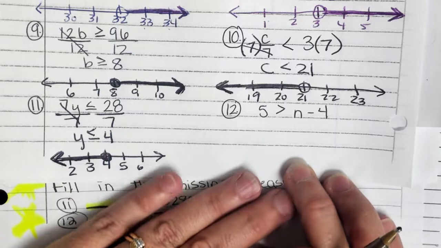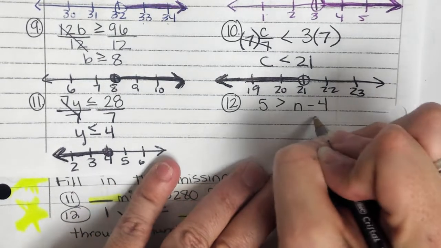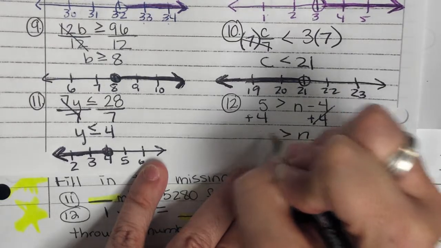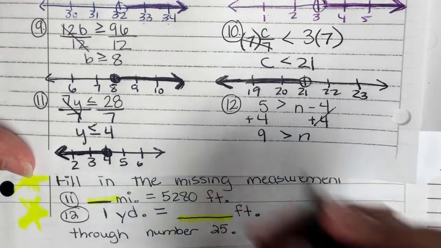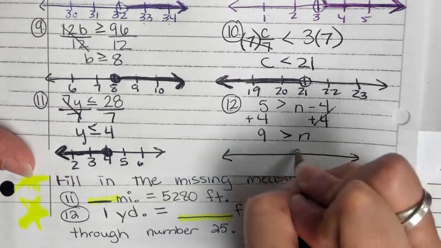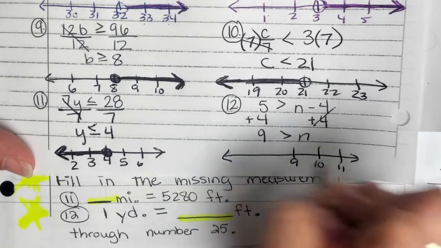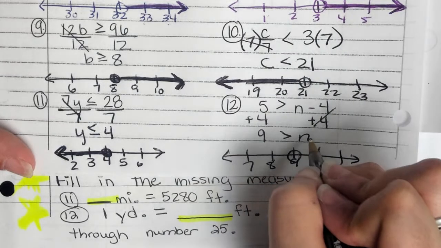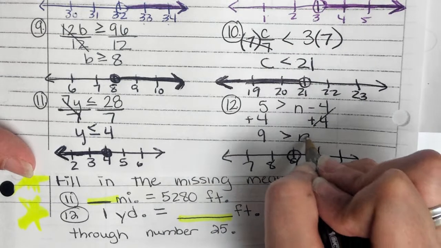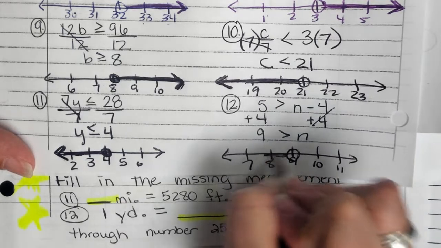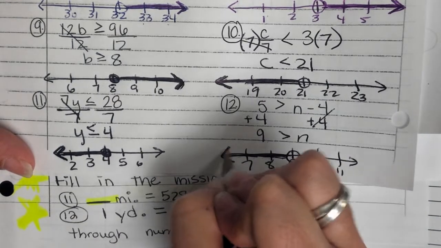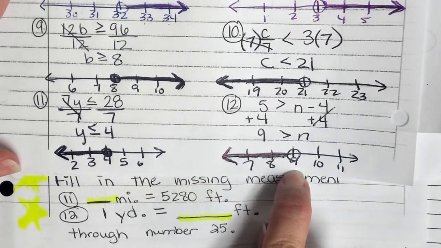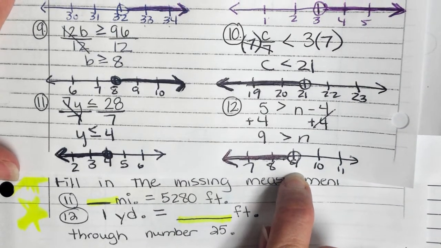And then number 12, we're going to add 4 on each side, leaving me with 9 is greater than n. 9, 10, 11, 8, 7. Open circle, and they want all the variables that are smaller than 9 shaded in. Smaller than, so we need to go this way. That's what's tricking up some of the kids, when they are backwards. Now, so that is the homework from the